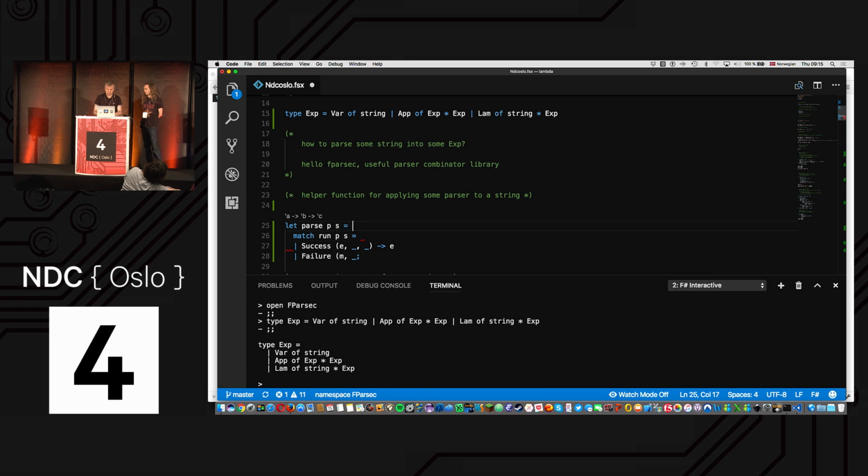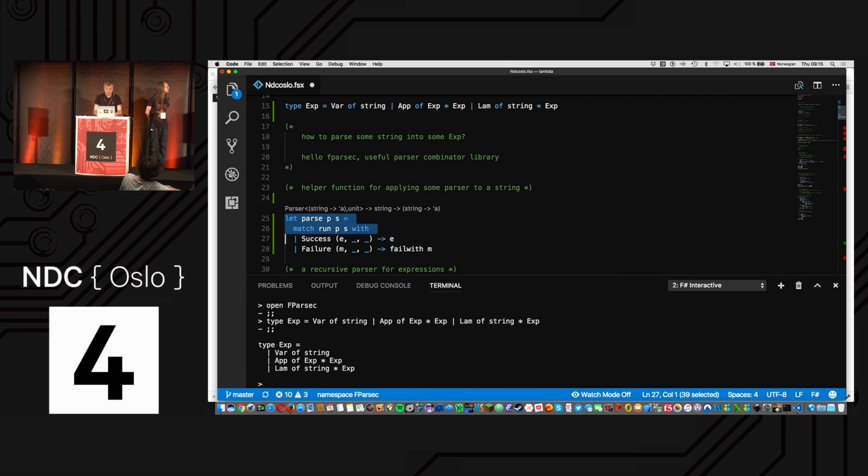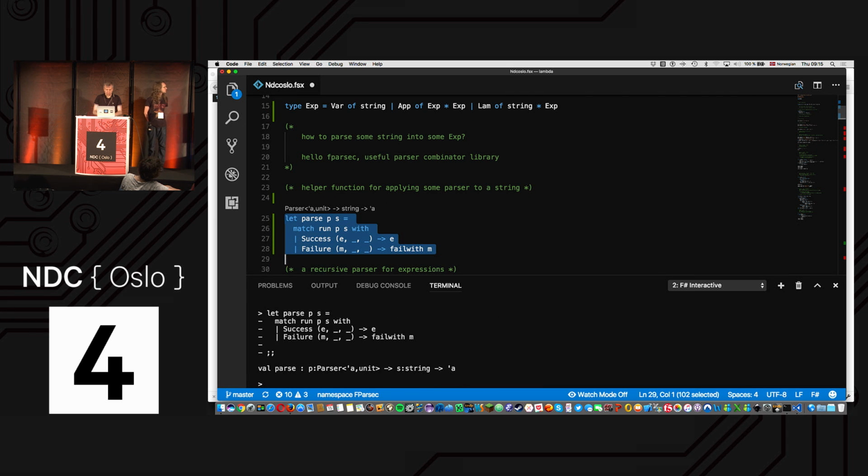So that's a good thing, but you want a bad thing instead, right? Yeah, because we're doing live coding, I want a bad thing instead. So you want some exception instead. I'm just going to say if I have a failure, I'm just going to throw an exception. Also, I don't care about how far I got in parsing the string, so I'm just going to throw those things away. I just want the successful result, or the failure blowing up. So now we have this helper function, which means we can actually start doing things